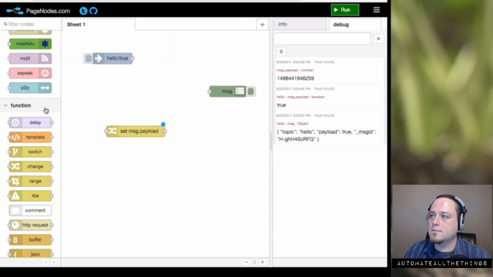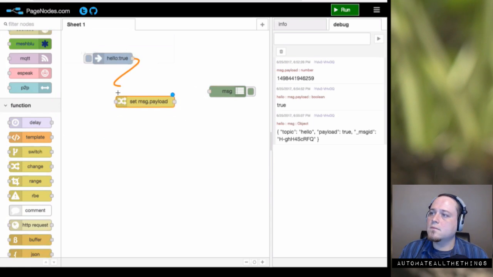Firefox does some of it. Chrome does most of it, but I'll get into that in a second here. So what I want to do is pass through